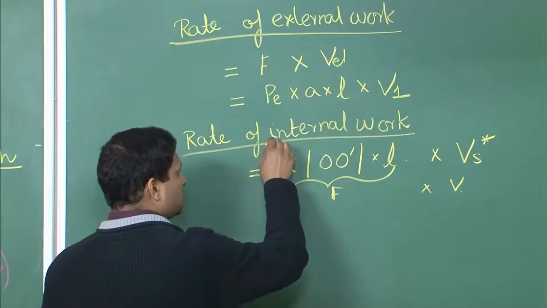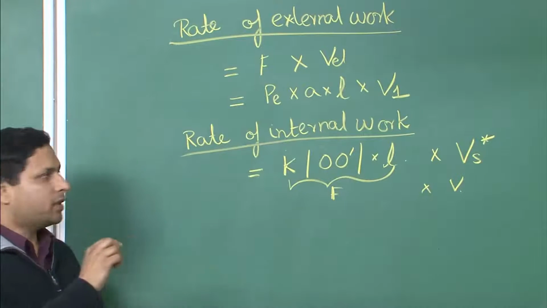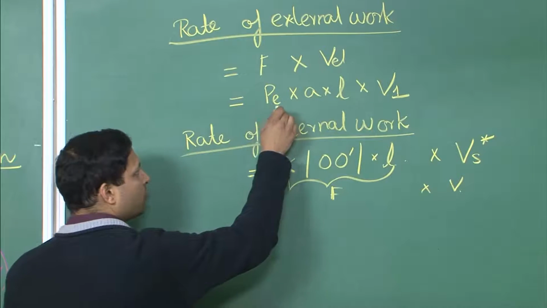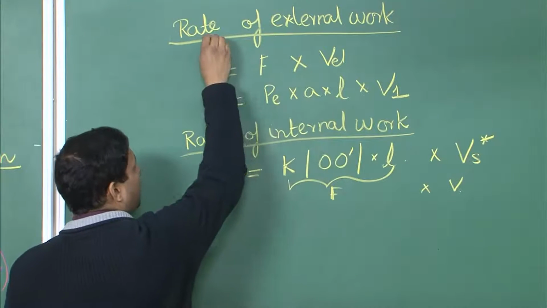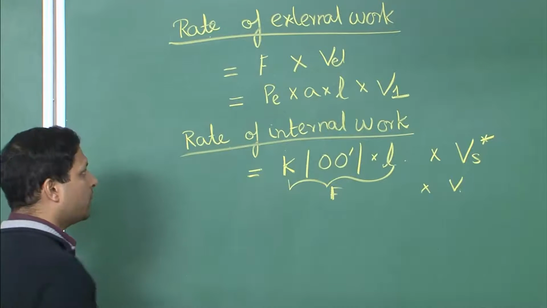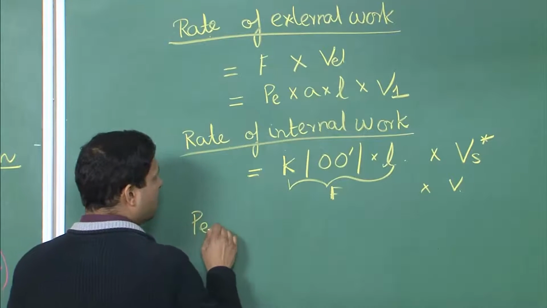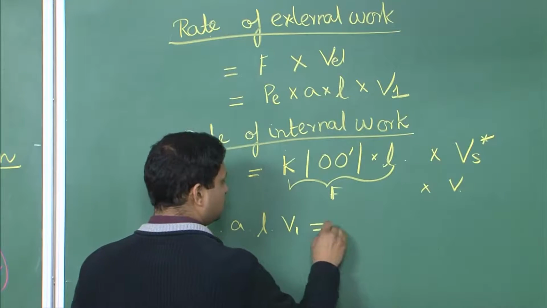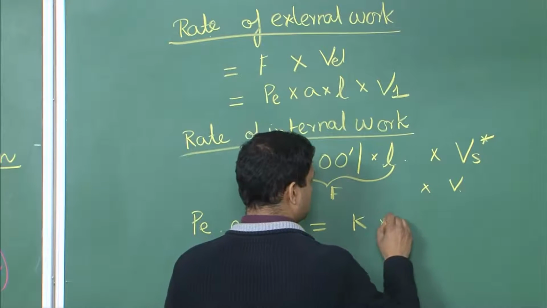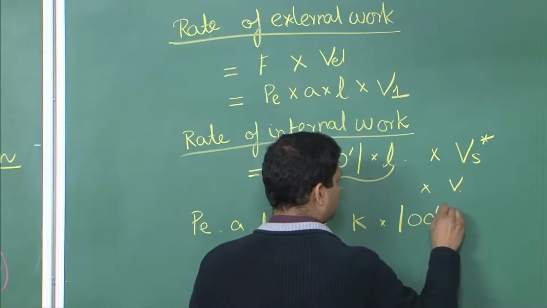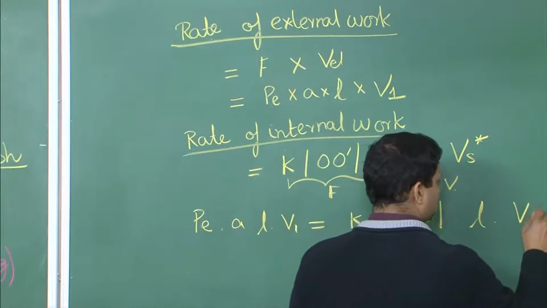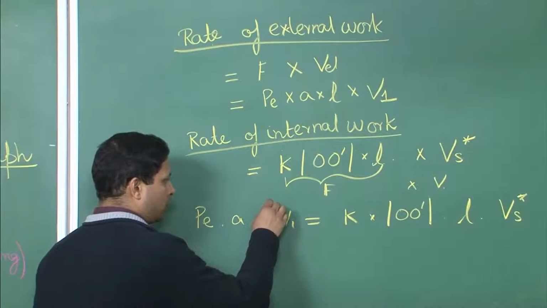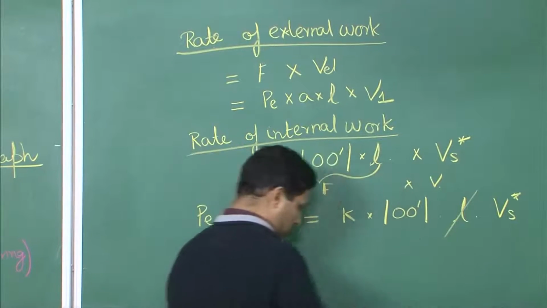Now, from what we have already discussed, if we want to calculate the pressure or the force, what we need to do is equate rate of external work to rate of internal work. So, let us put these two parts in one place. So, what do we see here? First thing we notice is that L gets cancelled,